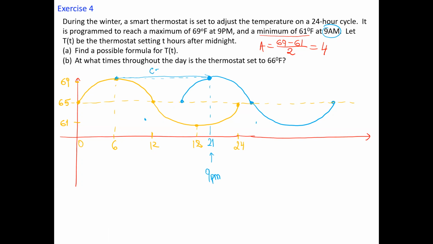the C quantity in our formula. It will be 13. Am I right? Oh, no, what I'm saying, 15, because it's the difference between 6 and 21. If we're shifting 15, that makes sense because of this one and this one. And then we know that the minimum, let me do it this way,